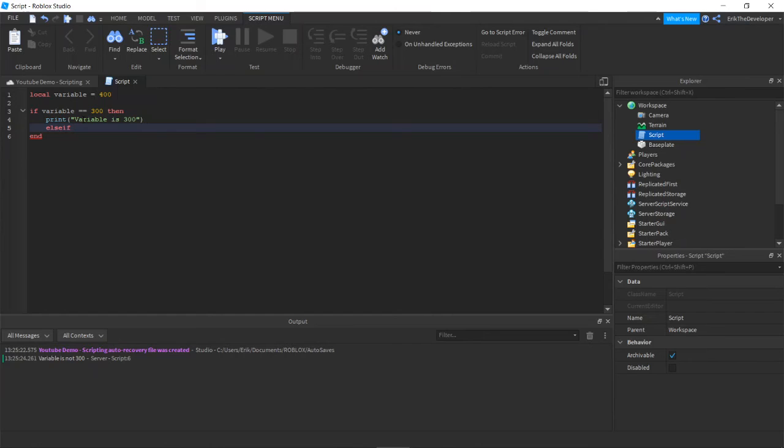And very similar to the if statement, I'm gonna say my condition, and then I still need to say then. So it's pretty similar to the if statement, except this one only gets checked if the first statement is not true. So basically like an else statement that has a condition. And then I'm going to say else if the variable is equal to 400, I'm going to say print